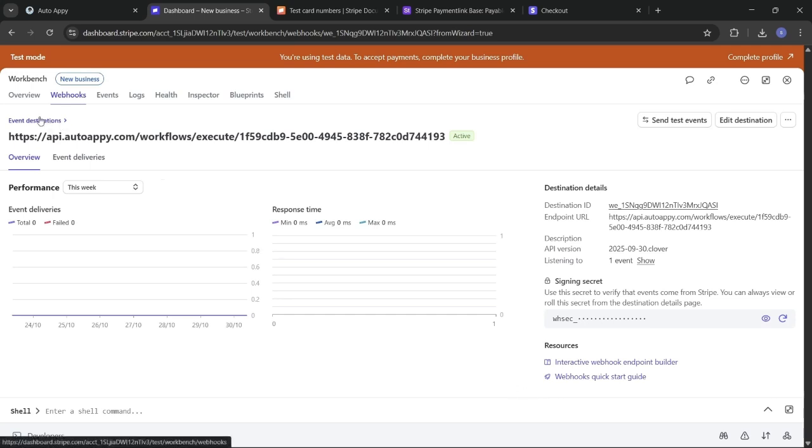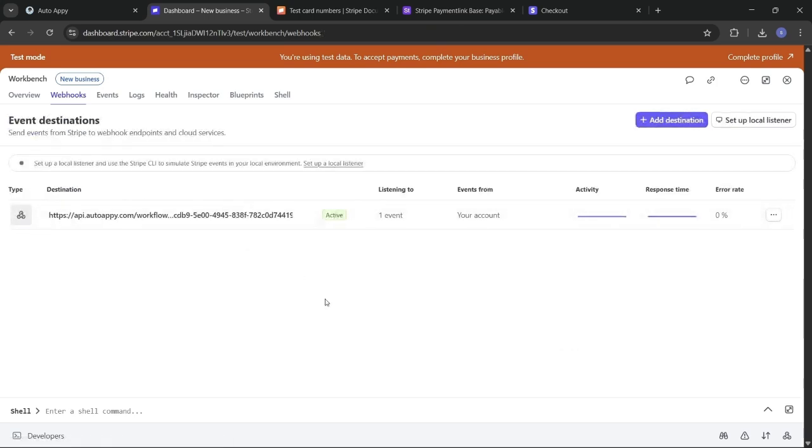And now let's go to event destinations here, and post that you will see that your webhook URL is live already with Stripe. So now what we have to do is just simply close this